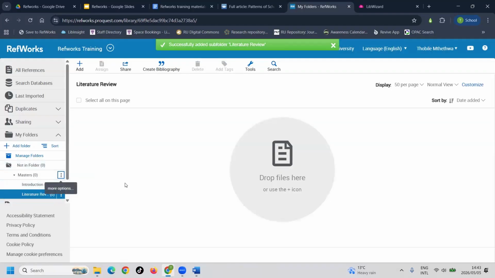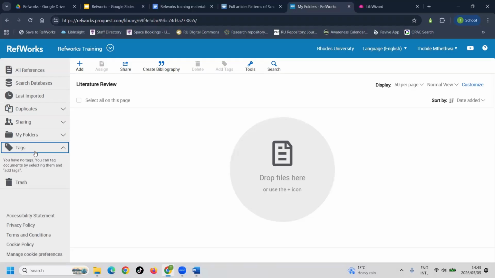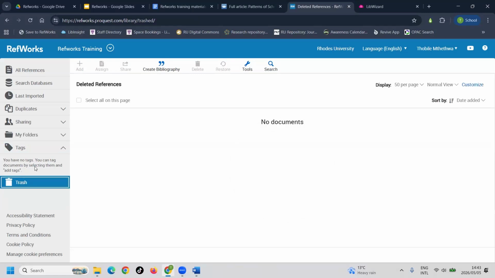And when you add references to your Zotero reference manager, then you would be able to organize or categorize your references based on your preferred subfolder. We also have tags. Tags act as keywords. The nice part about tags, if you're working on a reference, is that it allows you to create or add keywords to a reference so that you can group similar references with keywords or by theme. The trash folder will allow you to view recently deleted items